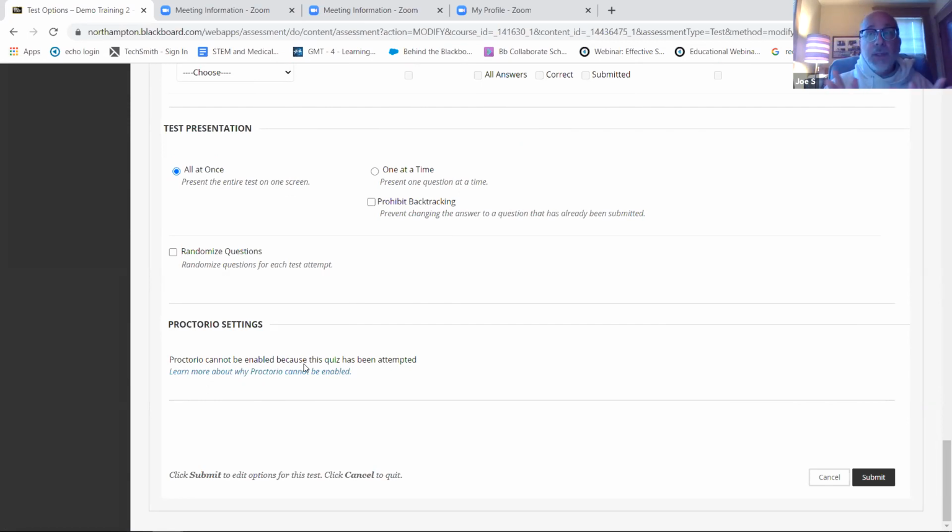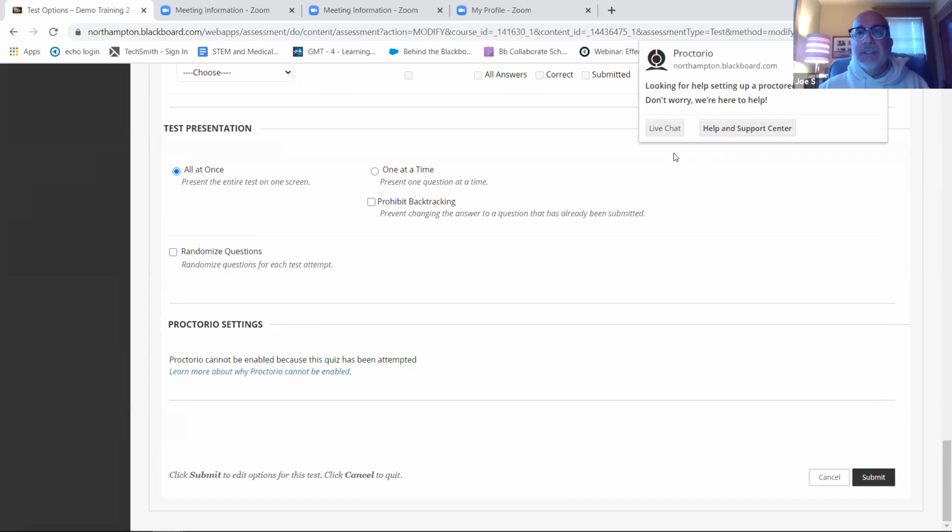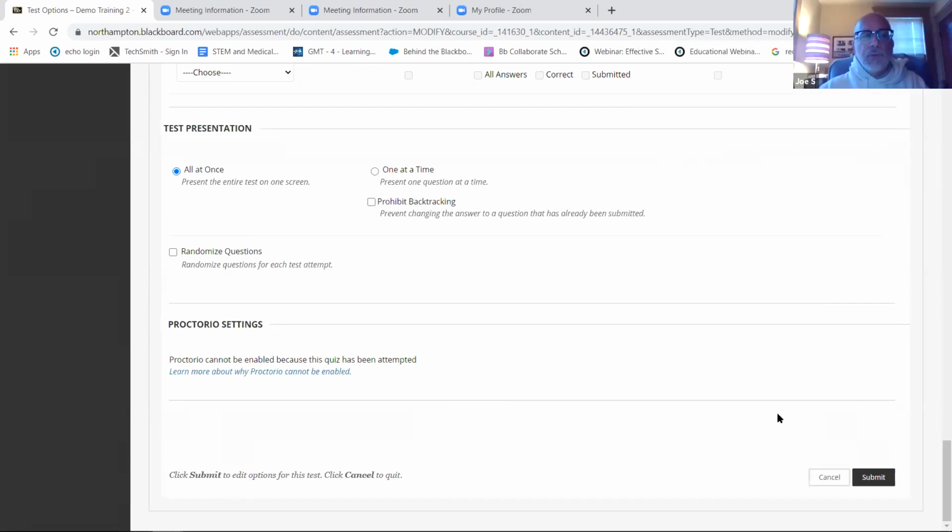So I'm going to assume that somehow my connectivity has been interrupted. You may find this and your students may find this, and this is one little troubleshooting tool we could use. I'm going to go up here to the extension, that puzzle piece, and confirm that Proctorio is linked up. If you get this help mechanism, it should be linked up. I'm not quite sure why this is happening at the moment. I'm going to do one other thing to ensure this. I'm going to cancel this right now, and we'll come back to it.